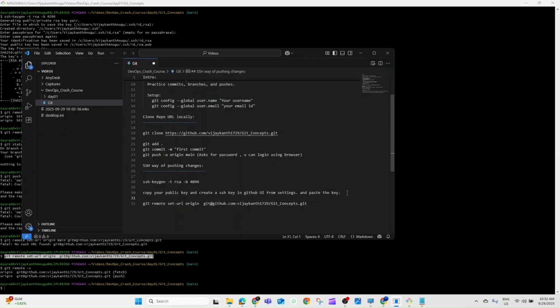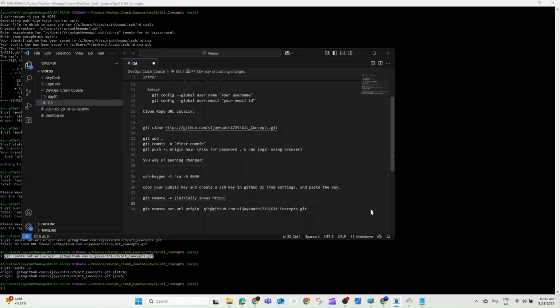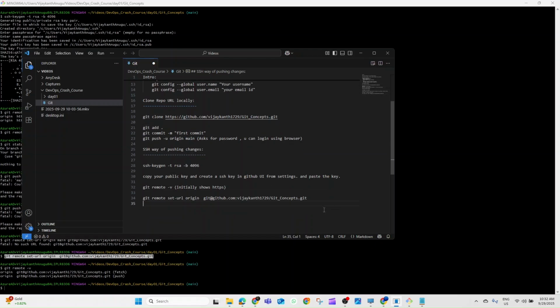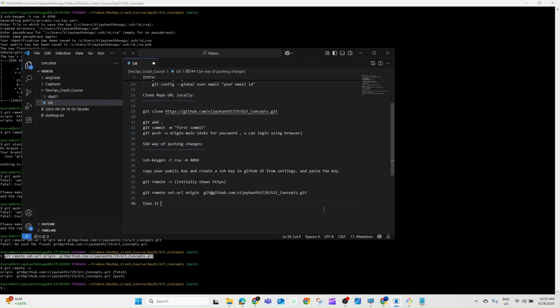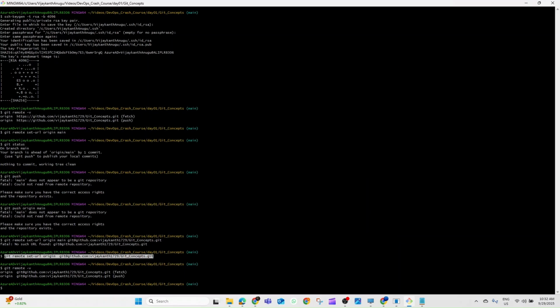And git remote -v initially shows HTTPS, but after executing the set-url origin command, it shows the SSH way of URL. Okay. So once we have established that we are pushing the SSH way,